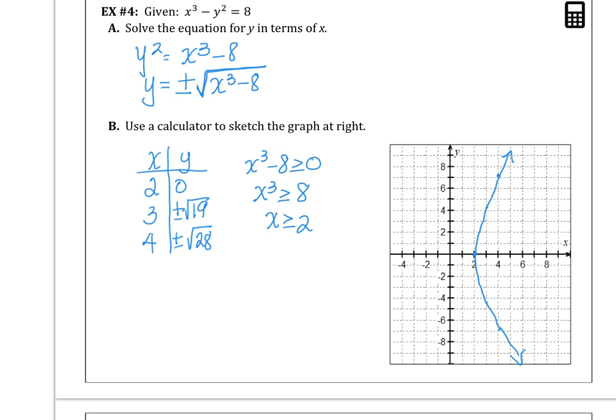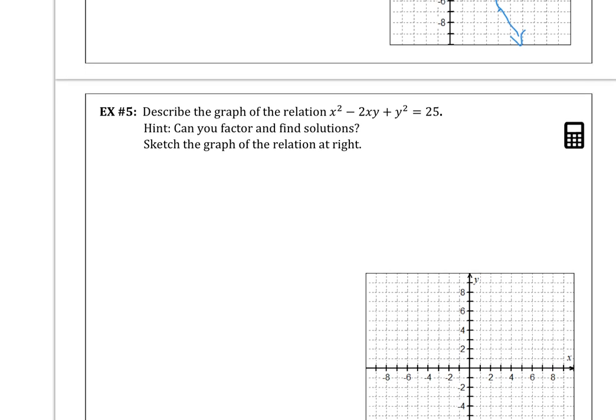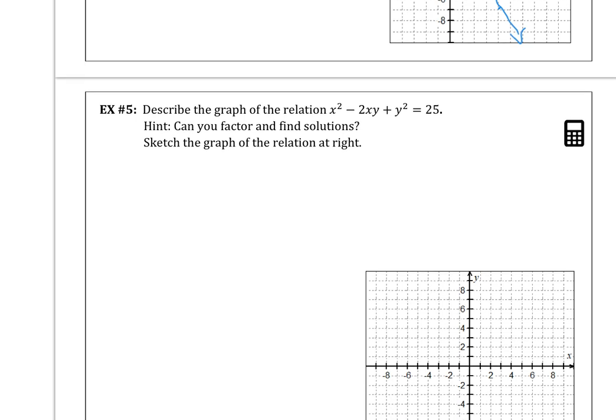And then finally, for example 5, let's describe the graph of the relation x squared minus 2xy plus y squared is 25. We have a hint here. Can you factor and find solutions? Well, let's see. Can we factor? It looks like this left side is a perfect square. So x squared minus 2xy plus y squared is a perfect square trinomial